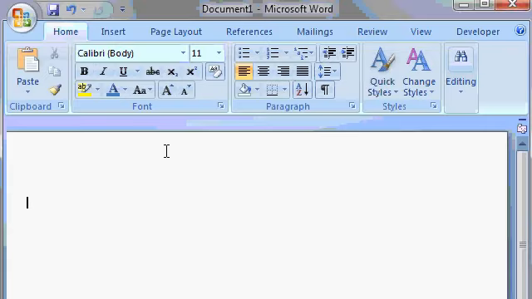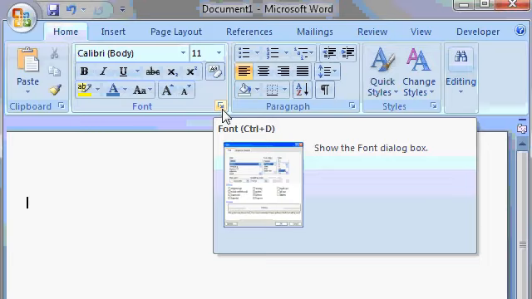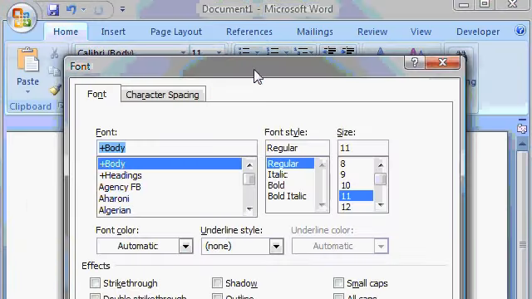One very small detail to notice is that some of these groups have little tiny buttons here in the bottom right corner. That's to launch a dialog box for that group. For example, if I click here, this will open up the font dialog box. The dialog box is simply a menu that has many more font options on it. And if you've used previous versions of Microsoft Word, you'll recognize this font dialog box. I'll go ahead and close this box by clicking